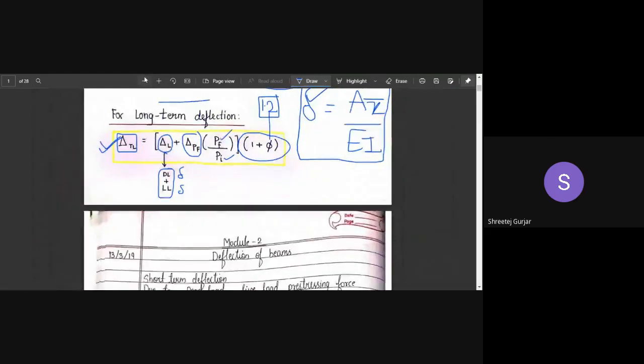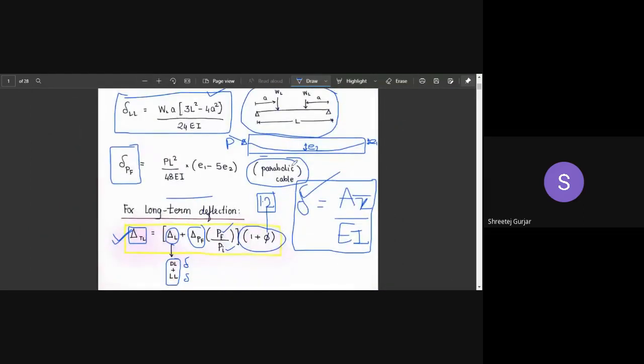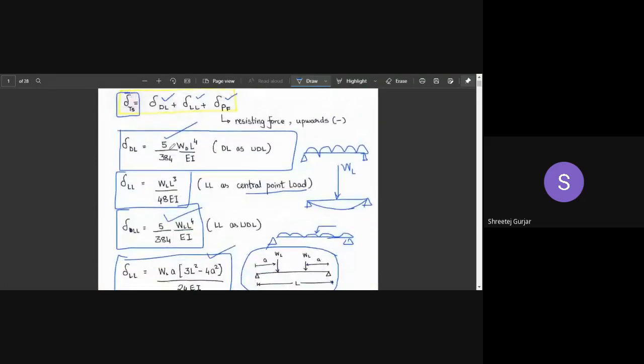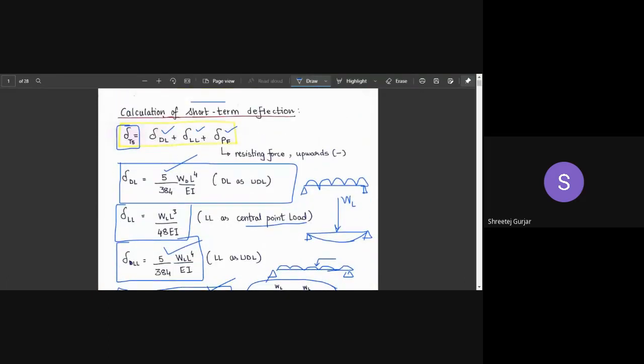So this is regarding the formulas that you will require. Only the parabolic case is written over here. If you have a straight cable, or a bent tendon with a bent triangular shape, all those cases we have to calculate separately using this formula. For parabolic it is standard, and for all others we have to calculate. These are a few standard formulas which will make your problem solving easy if you remember them. Or else you have to derive these formulas every time before you move on to the deflection calculation.